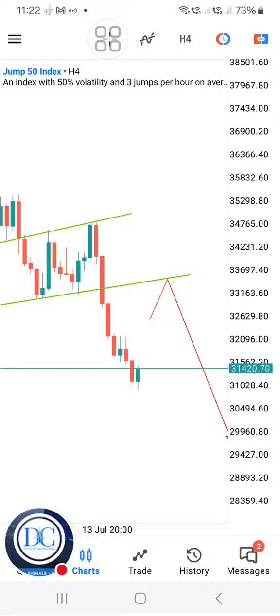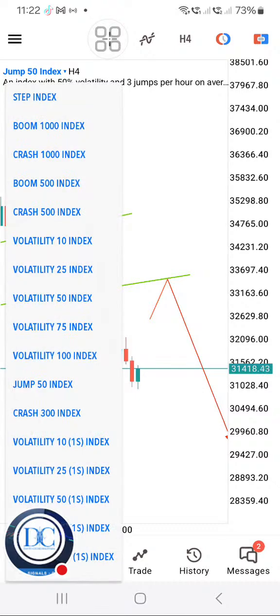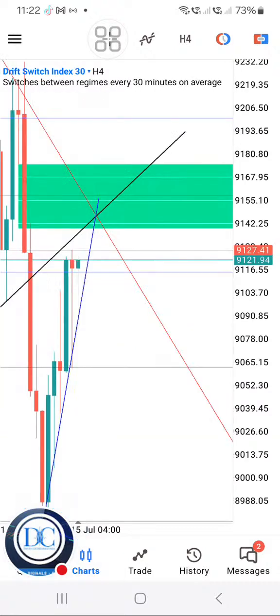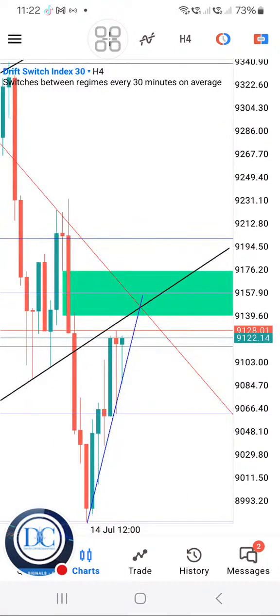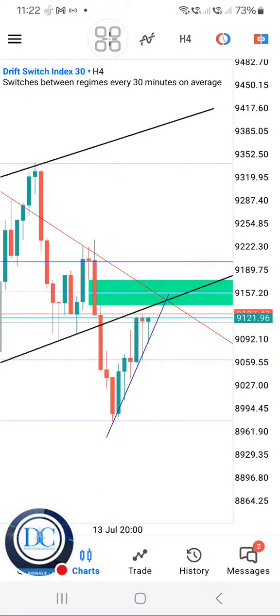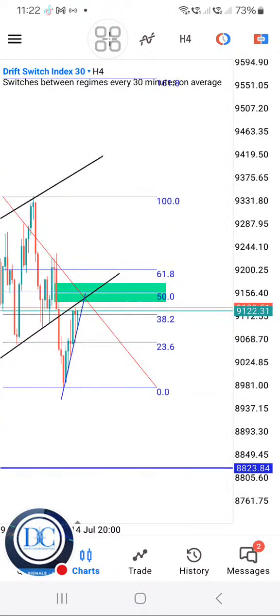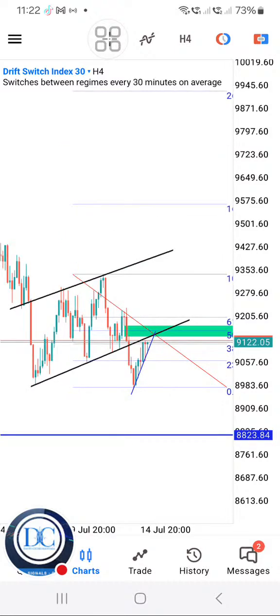How about Drift 30? Okay, we talked about Drift 30, and I'm still waiting for Drift 30. There was something that I was looking at, a Drift 30. I think there's a perfect trading opportunity here. Okay, we can see the